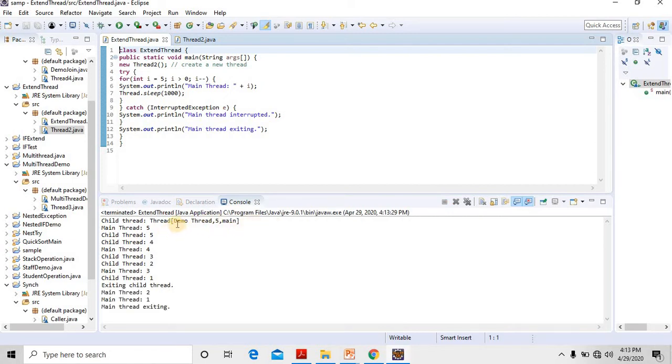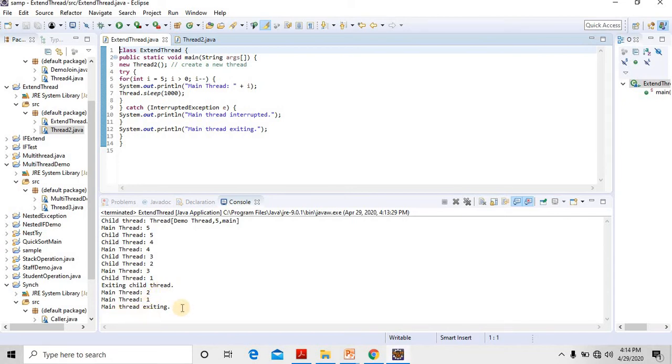The name of the thread was Demo Thread. By default, thread priority is 5 and it belongs to the main group. Can you see the main thread and the child thread both are executing, correct? Simultaneously both are executing. And here the child thread is exiting,